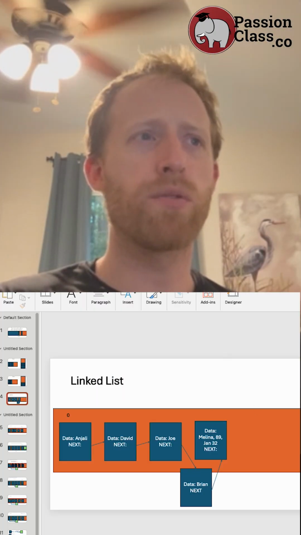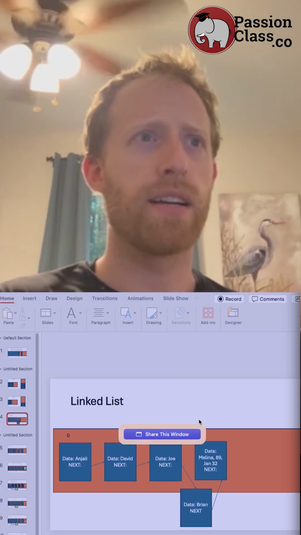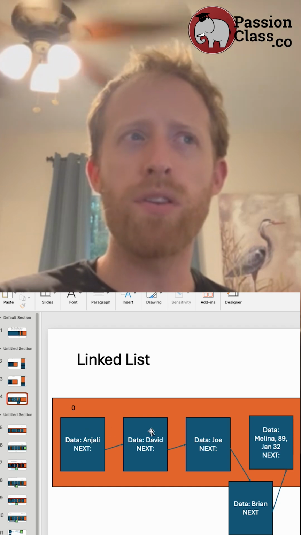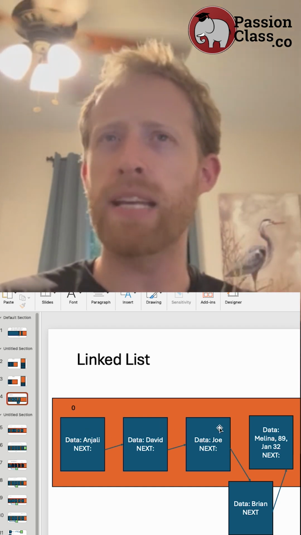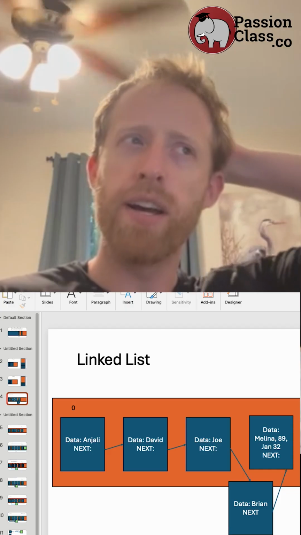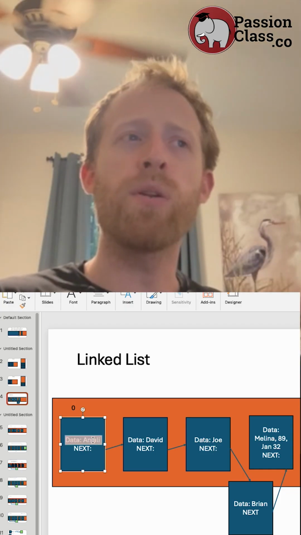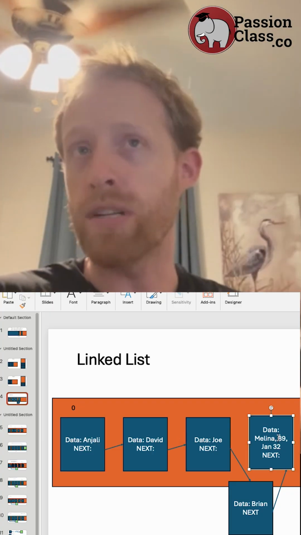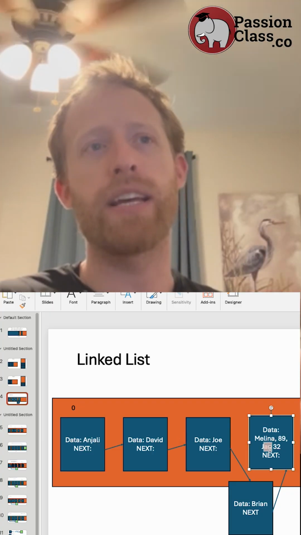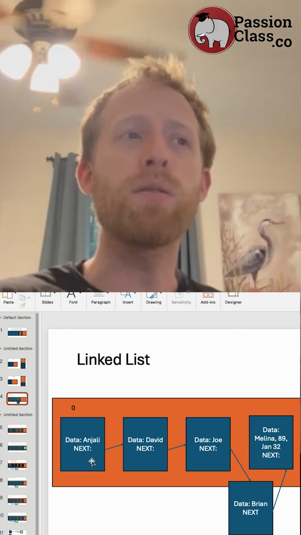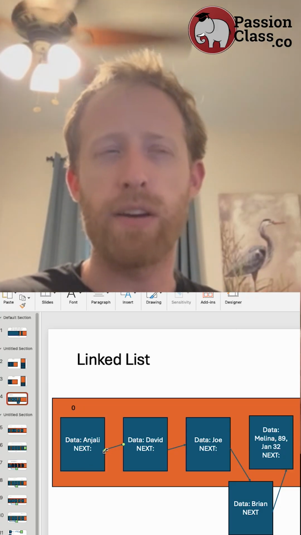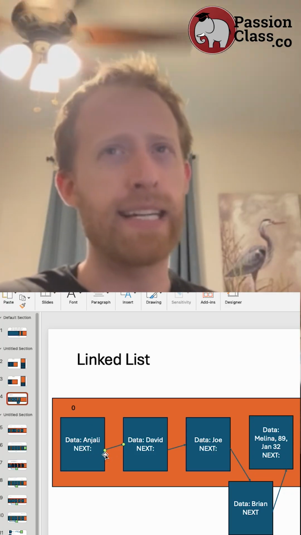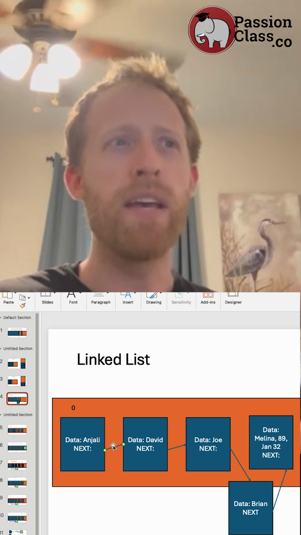So in our theoretical structure of a linked list, we see essentially exactly this structure. Every node, so these blue things represent nodes, they represent elements in our data structure, and each node contains some data. So in this example, the name of the person, again, it could contain more data. It could contain their age, it could contain their birthday, blah, blah, blah. And then it also contains this actual link. That's why I have this drawn out here with the arrow. It contains the link to the next element in the list, okay? So for example,